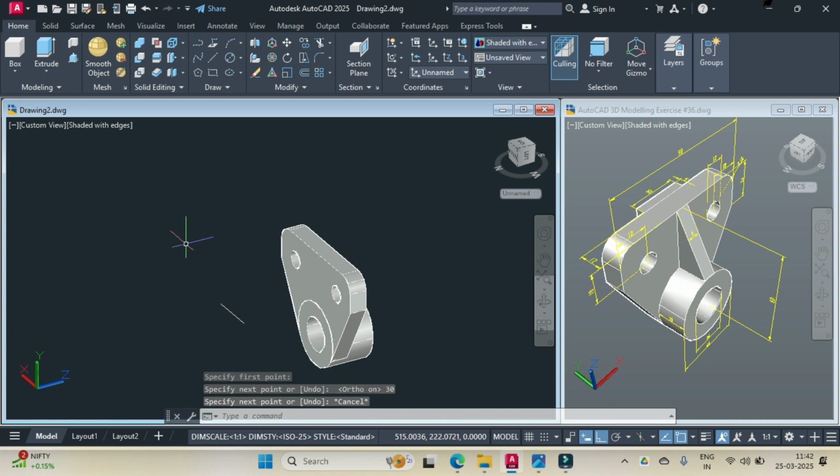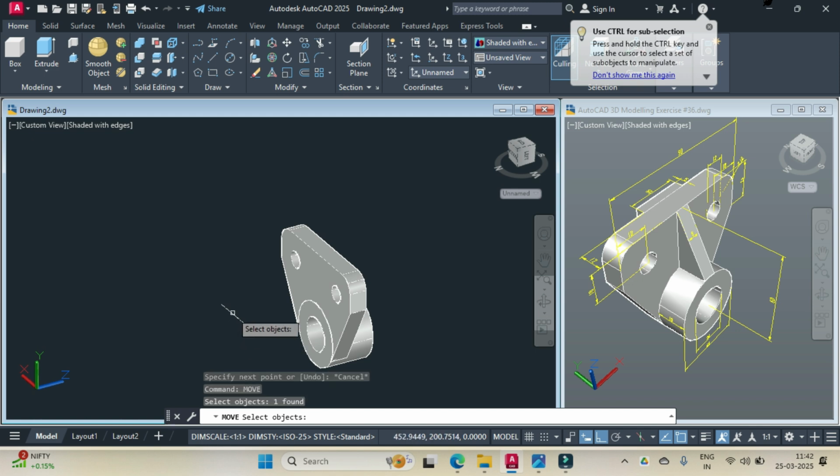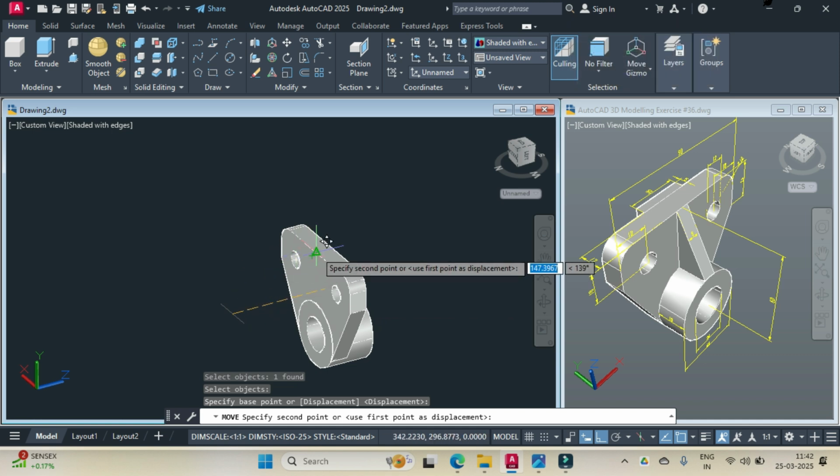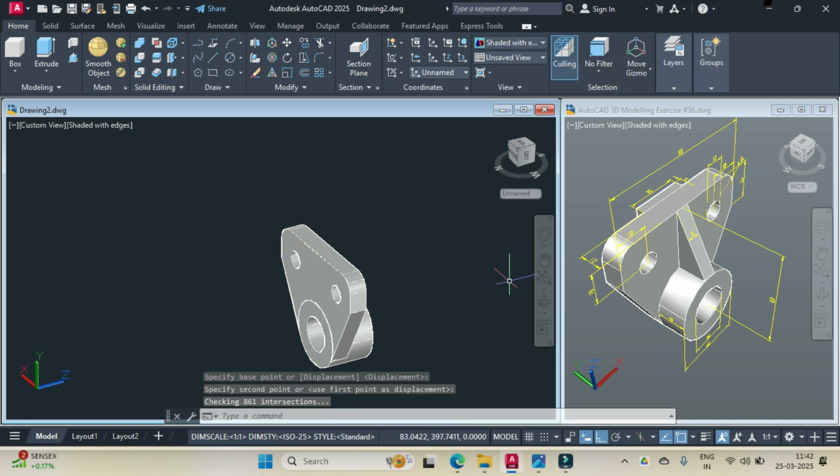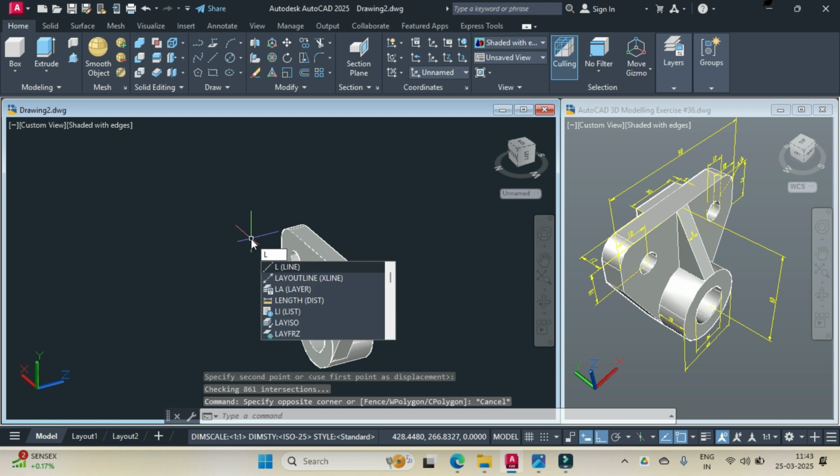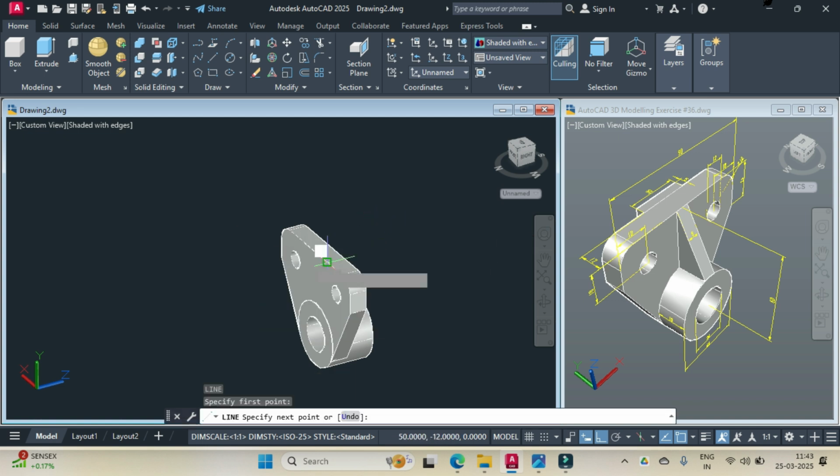Then press escape to come out of the line command and type move. Select the line, press enter. Click on the midpoint of this and on the midpoint of this. Now we'll draw one line. So we press escape. Then we type line from the end point of this extending downward of any length. Press enter. And another line from end point of this. You can type END so that you go to the end of that extending downward of any length